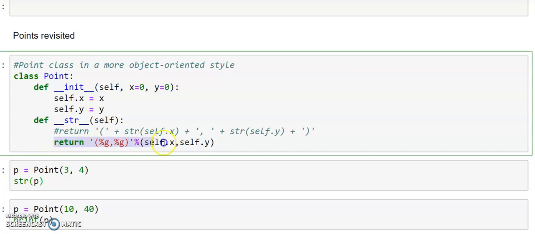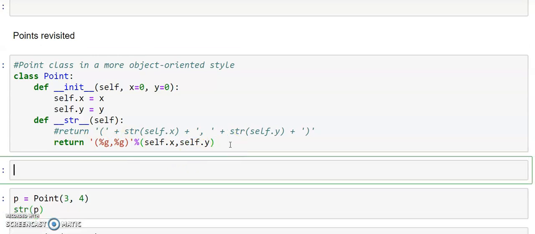Otherwise, I have one more statement in this. The same statement we used inside the print statement in the previous chapter. That is the main reason why I have used it here. Even with this, it can work fine. We are printing the x value, which in place of this percentage g is a float value, and the y value in place of this. Even this works the same. I'll tell you the drawback later.